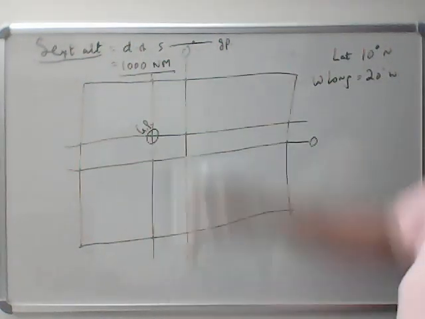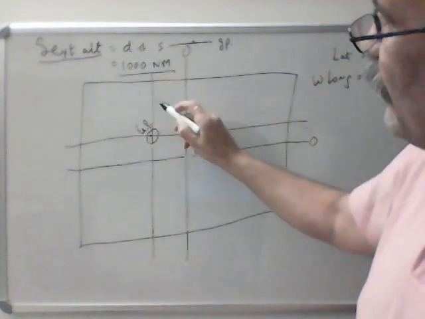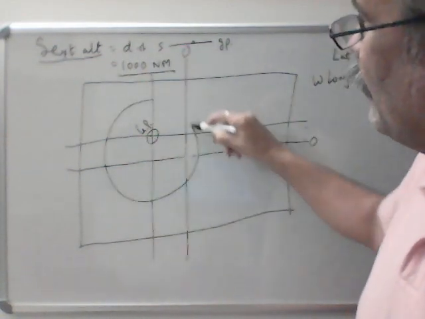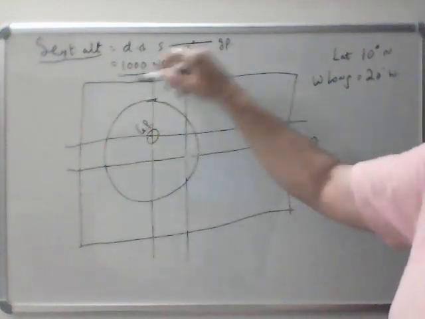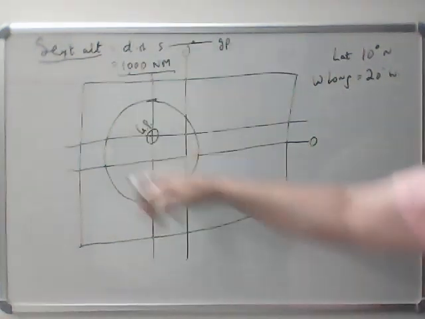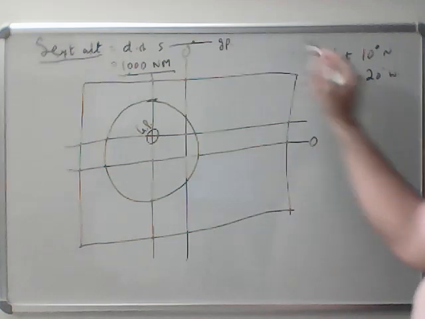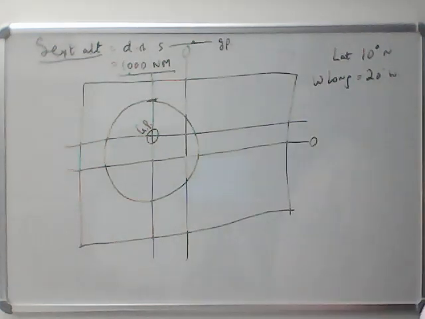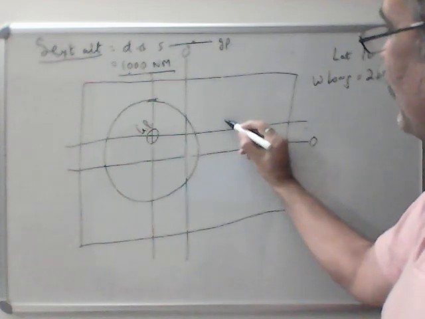GP is already plotted. You can open your compass to 1000 miles distance and you can make a circle. So ship is somewhere on this circle because each point of the circle is 1000 miles from the GP. Now at the same time you have to take sextant altitude and GMT of another celestial body. Again you plot the GP of that celestial body.